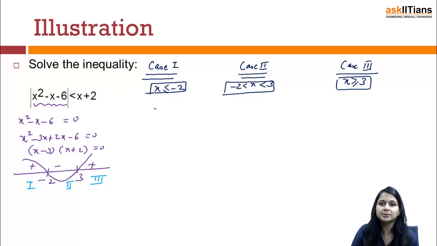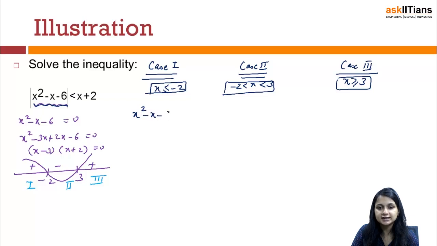Because generally what happens is students solve the whole question and they forget which case they are talking about, and they think that this is the solution. It is also possible that you don't get any intersection and hence no solution. So we will see here. Now x is less than or equal to minus 2. In that case, mod of x square minus x minus 6, this whole quantity is positive. So it will be returned as it is.